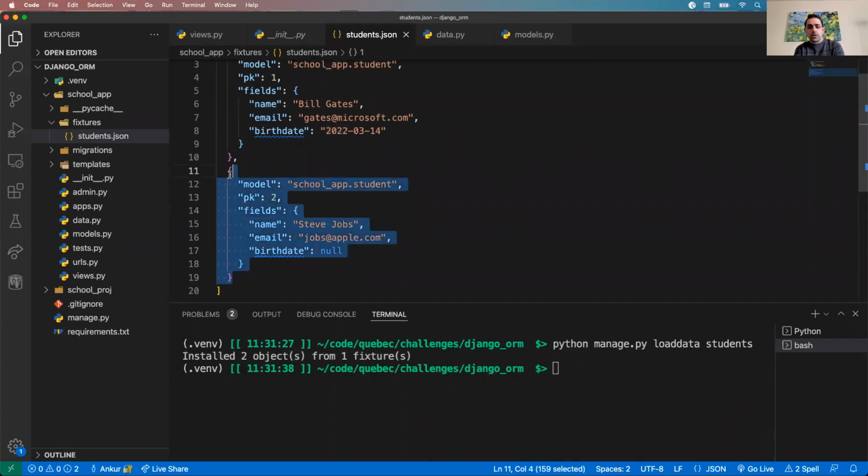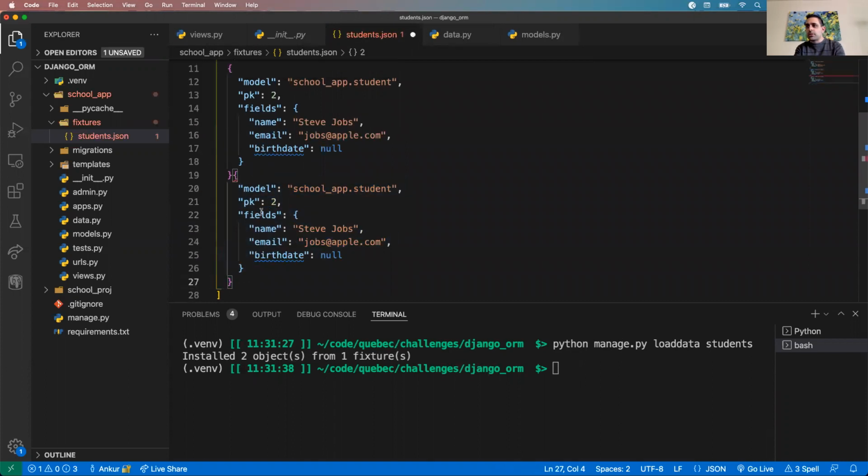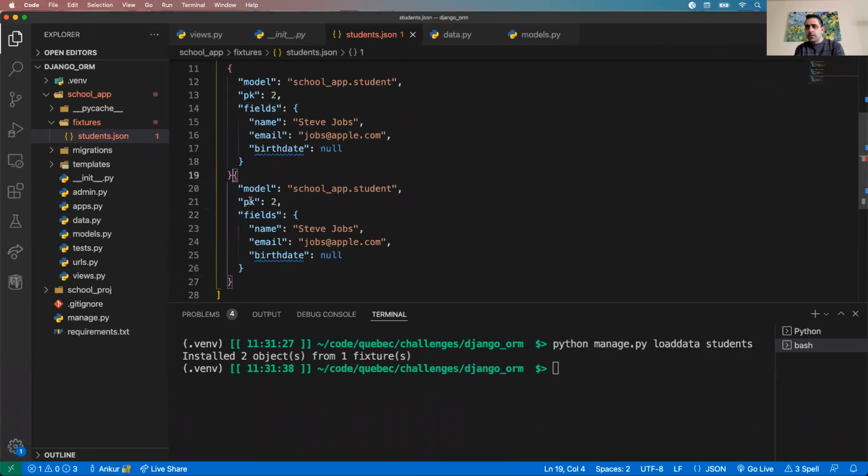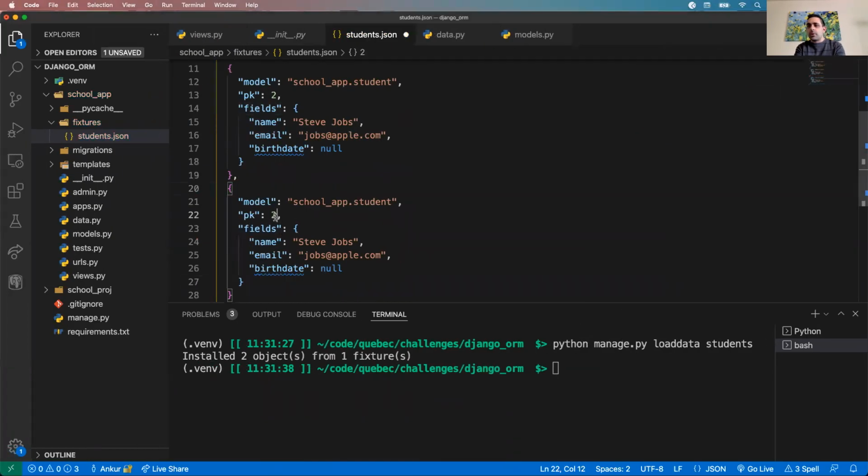So let's try that. Let's add one more primary key. And let's overwrite, I think it was Elon Musk who was primary key number 3. So if I do primary key 3, let's add a new person. So in this case, we're going to add, give me a person's name. It's got to be famous people out there. Let's go with